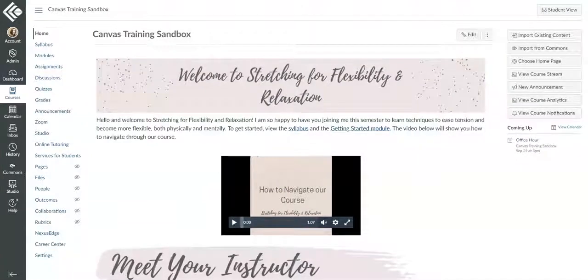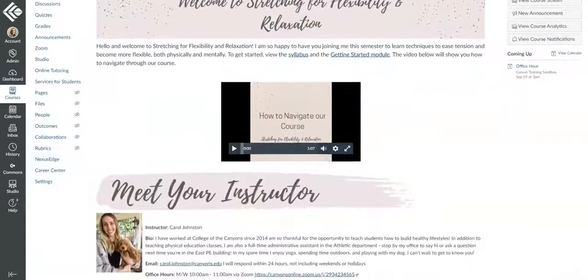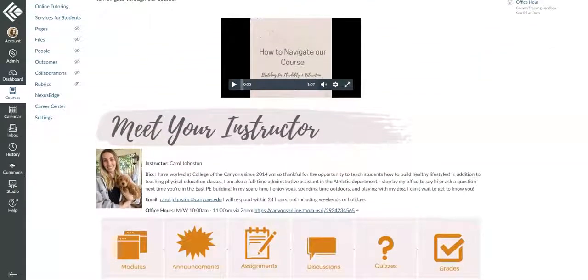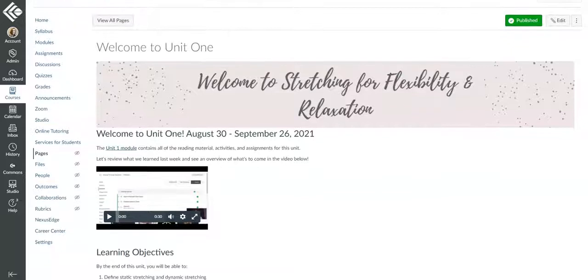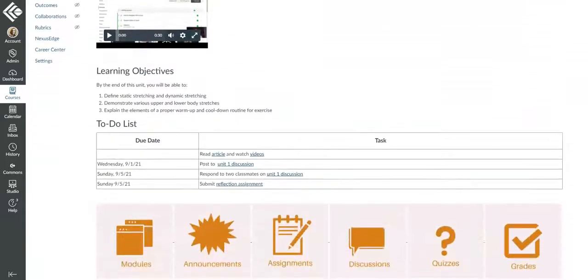Today, we'll show you how to create multiple home pages and easily swap them throughout the semester. An effective home page is welcoming, includes important information for the course, and lets students know how to get started and where to go next. Because the information students need on the first day of the course is different from what they'll need later on, it can be helpful to change your home page throughout the semester.